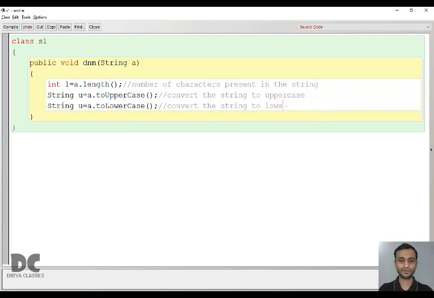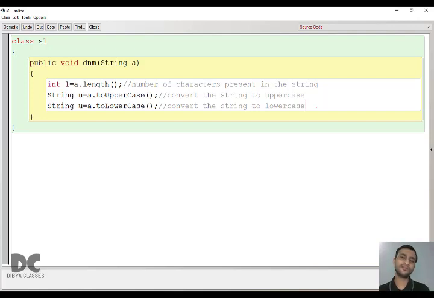This will convert to lowercase, that is a.toLowerCase. You have to remember these functions. In the last few classes, we have been studying all the string functions. So you have to understand these functions and what their use is. Length: number of characters present in the string. toUpperCase will convert lowercase letters to capital letters, and toLowerCase will convert capital letters to lowercase. So now we have completed 3 things.